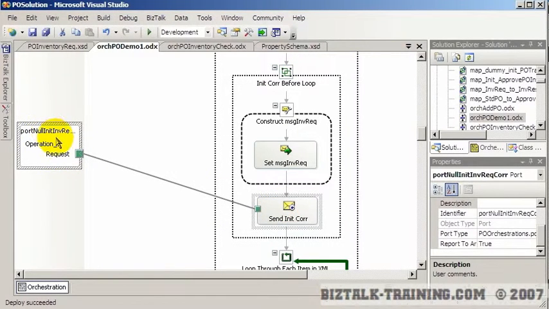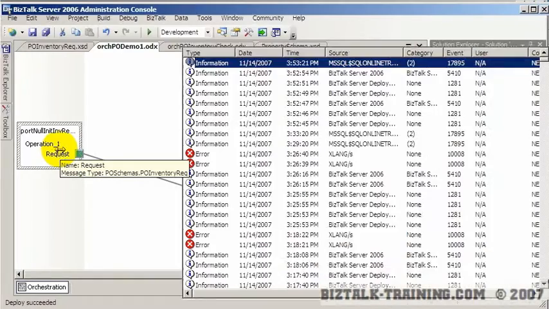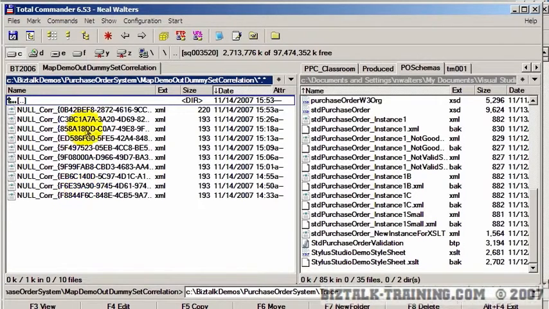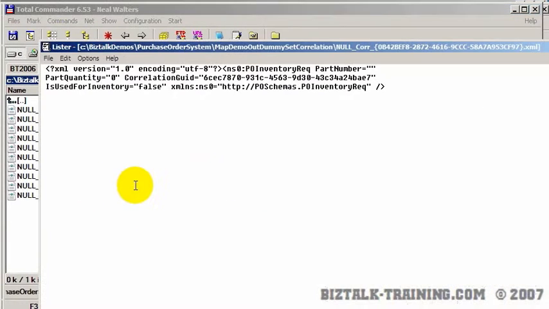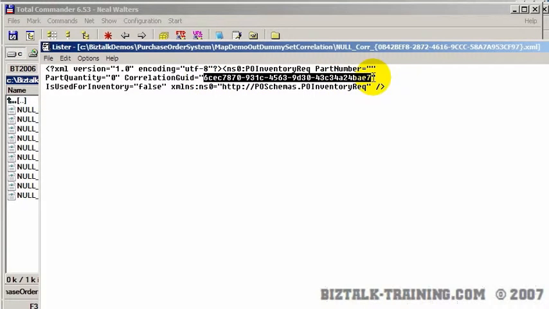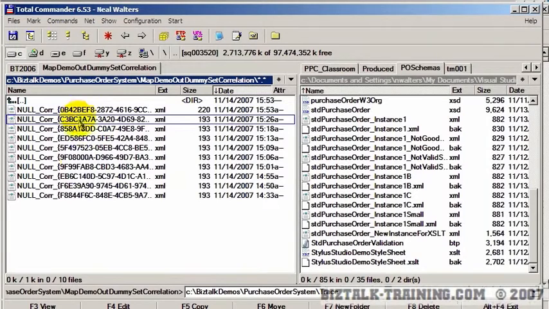So we actually created a directory on the disk called map demo out dummy correlation. You can see every time I ran the orchestration, I created a dummy little file here, and it basically was using it to set this correlation token. And so the problem with this is you're going to have, after a few days or weeks, hundreds or thousands of files piling up in this directory. And then what you have to do is write a nightly task or something that would purge all the files